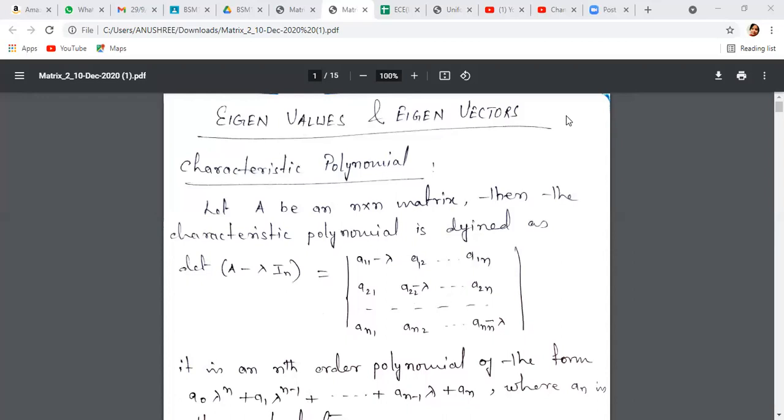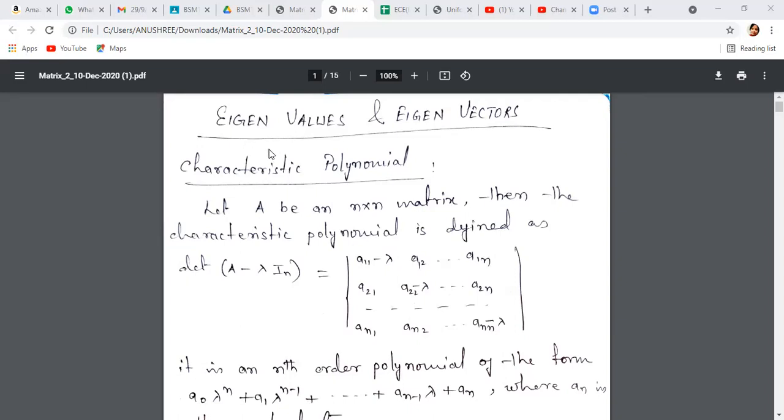So let us proceed, first, with what the eigenvalue is. Then we will see what the eigenvectors are and how we are going to find the eigenvalues and eigenvectors corresponding to a particular matrix. Right. Okay. So let us move on with the eigenvalues. First we will go through the notes and then I'll go to the whiteboard again to make you understand clearly.